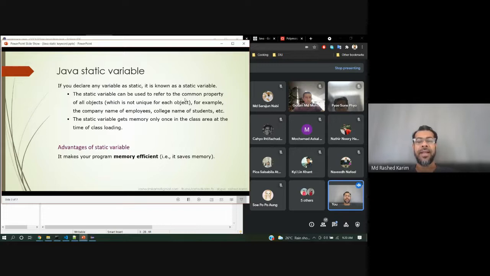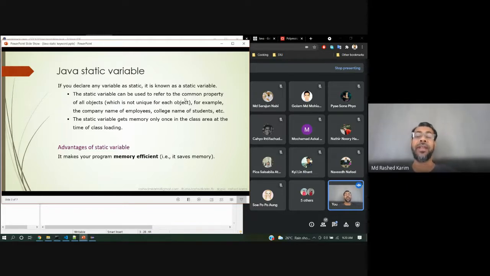Then a static variable gets memory only once. That means a static variable has only one memory location inside the RAM. But for the instance variable, each and every object has a different memory location. That's why you can update them in different locations.